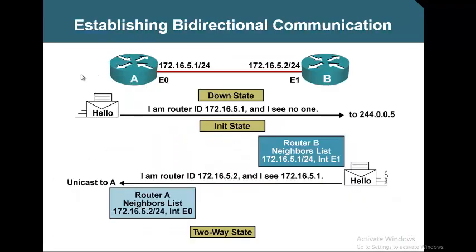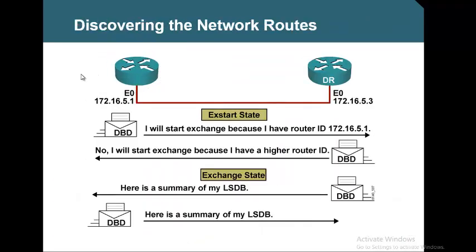In the ExStart state, we saw there is a master and a slave. Whereas in a multi-axis environment, because there are more routers and the hello packets going in between